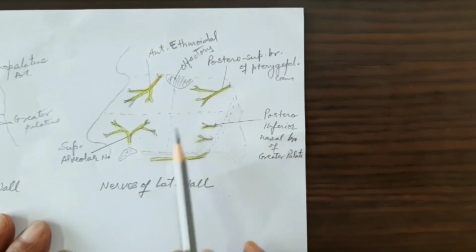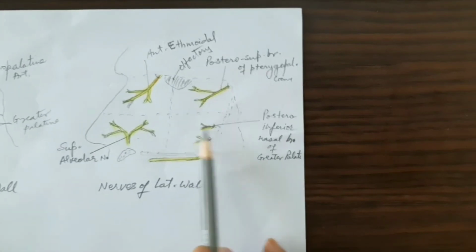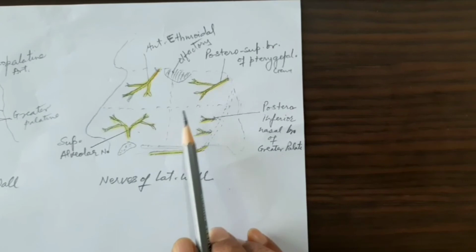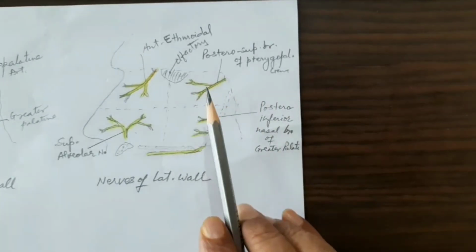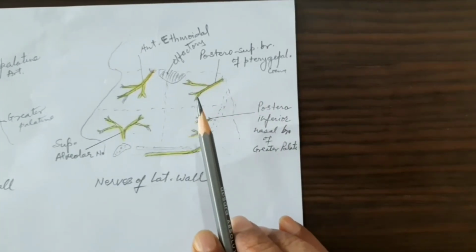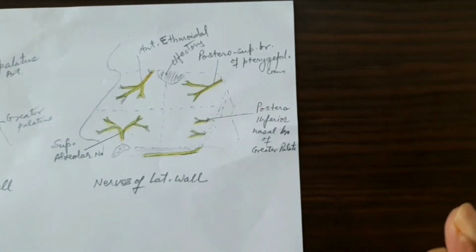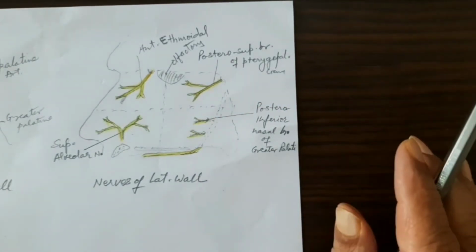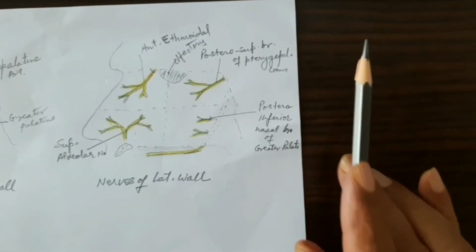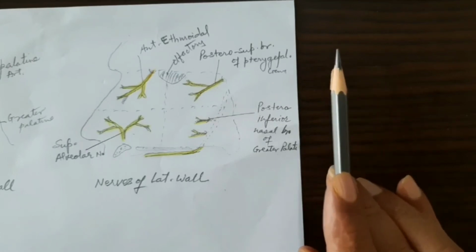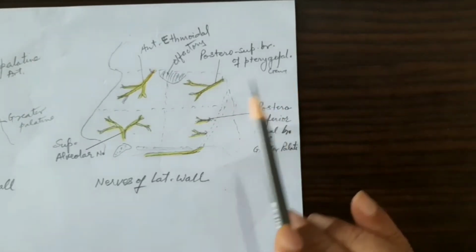Now then, autonomic, parasympathetic, which will come through the pterygopalatine ganglion along with these branches itself. And these are from the facial nerve, pterygopalatine ganglion. That means the parasympathetic comes from the facial nerve, okay. Then it comes to the pterygopalatine ganglion, and then from the ganglion it will be going to the mucosa to